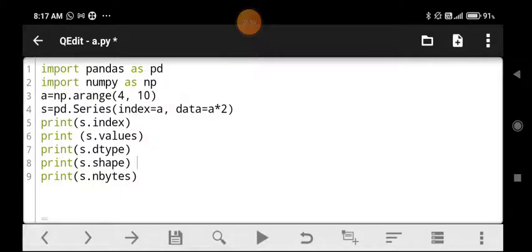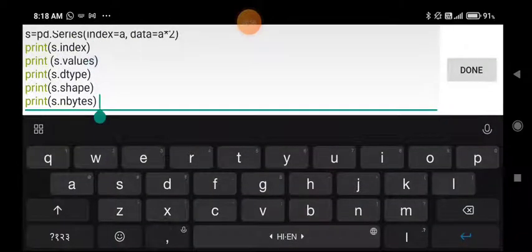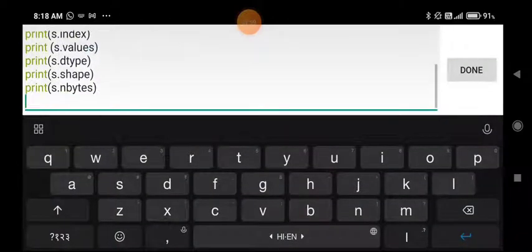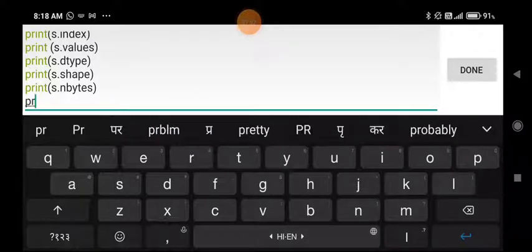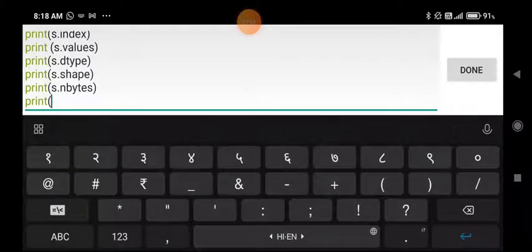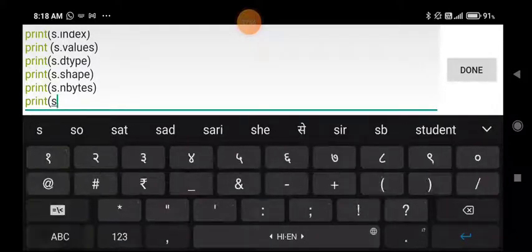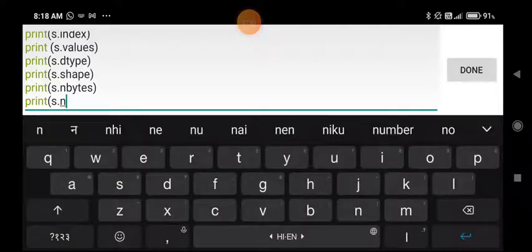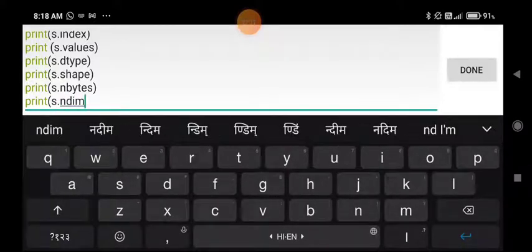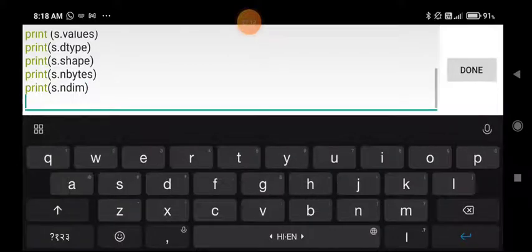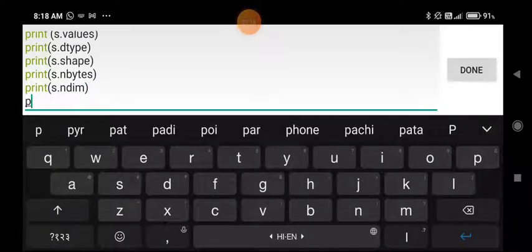Then after that, ndim. So I am writing here print(s.ndim). This will display the number of dimensions.